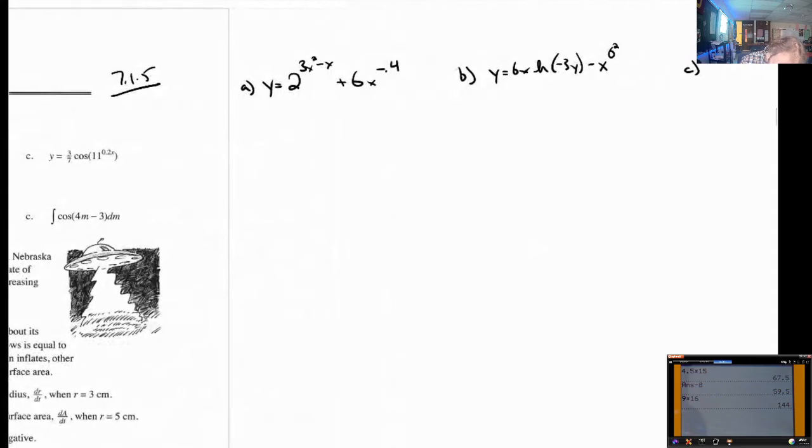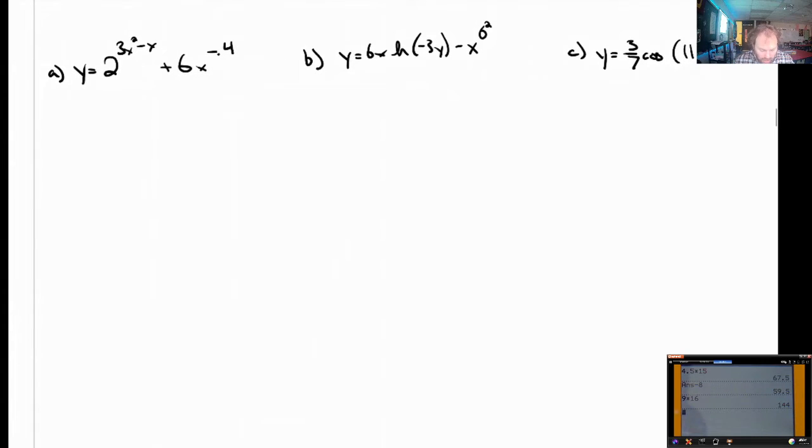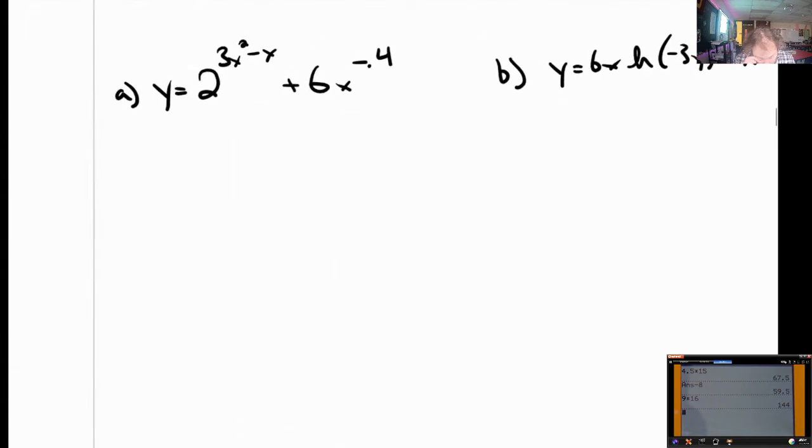And then C is y equals 3/7 cosine of 11 to the 0.2x power. I really don't like these 0.2x exponents, but we'll deal with them anyway. Our job is just to do some derivatives here. So we're going to need to remember all those rules that we know for this problem, but this one is just going to be a couple of power rule problems, honestly. dy/dx in this case,